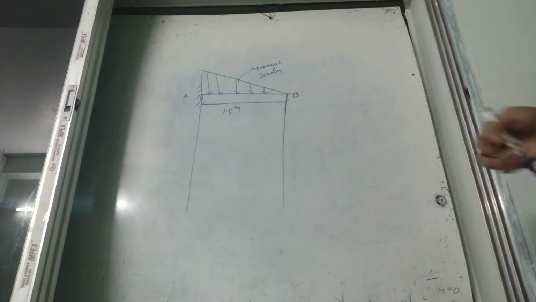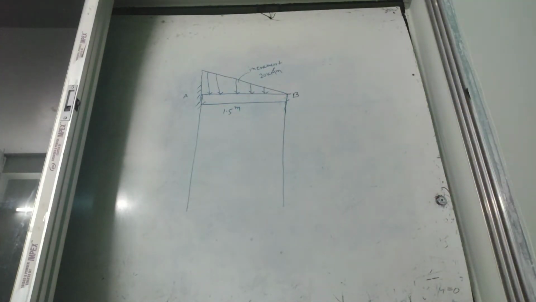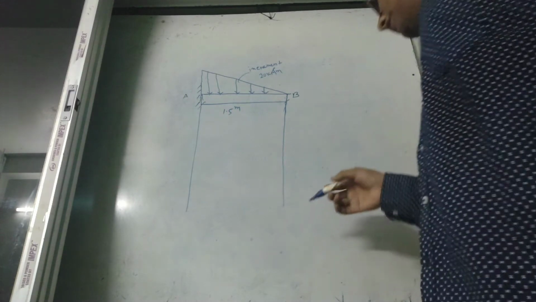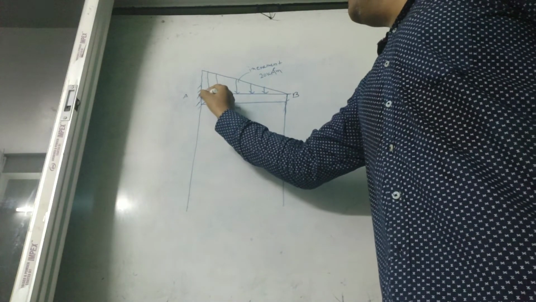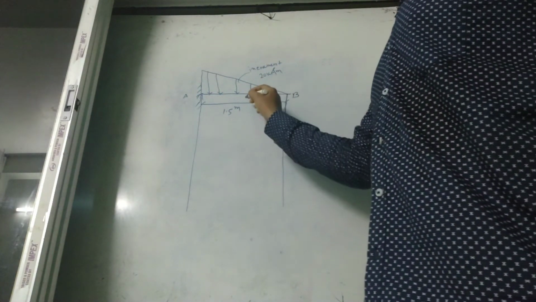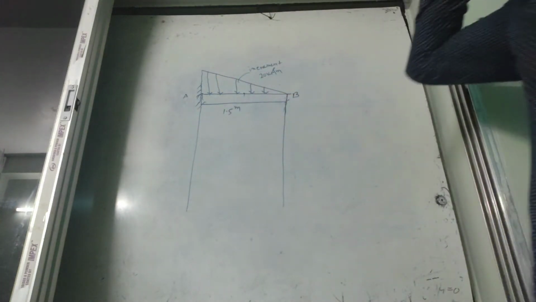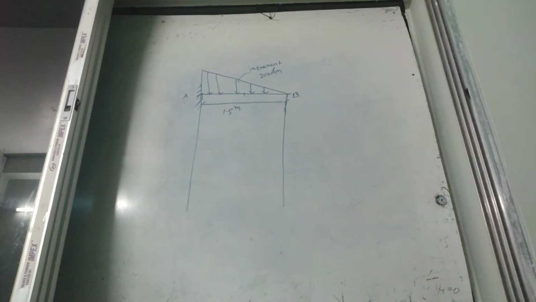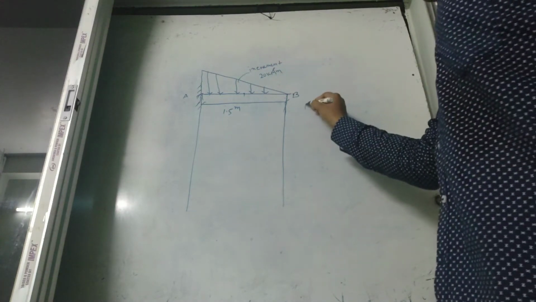So only 2 points are given, RA and RB. We know that from the last class session. If we calculate the shear force, then we only need to calculate for the A point. But I will teach you how we calculate at a specific point. I will calculate the shear force at the midpoint also, and the bending moment for the middle point also. So now we will calculate the maximum shear force, the RA.